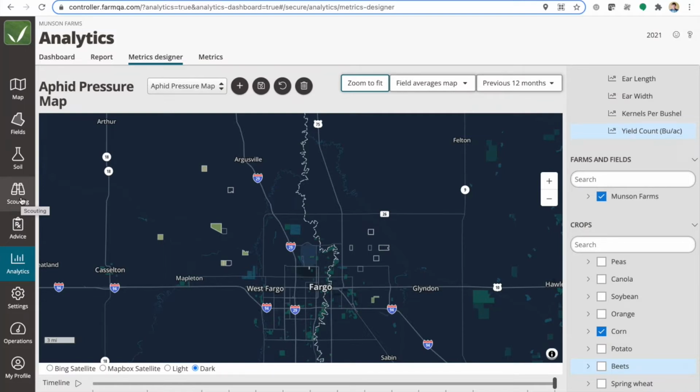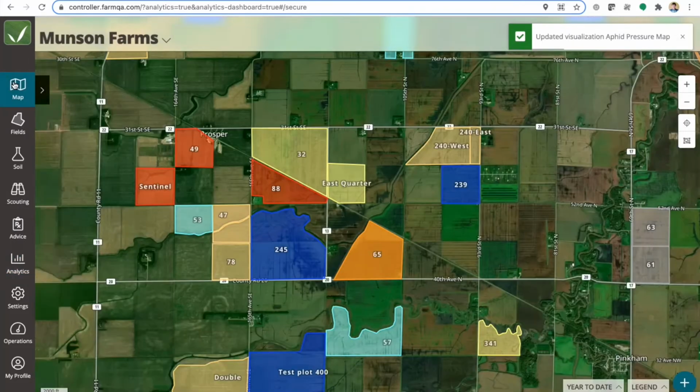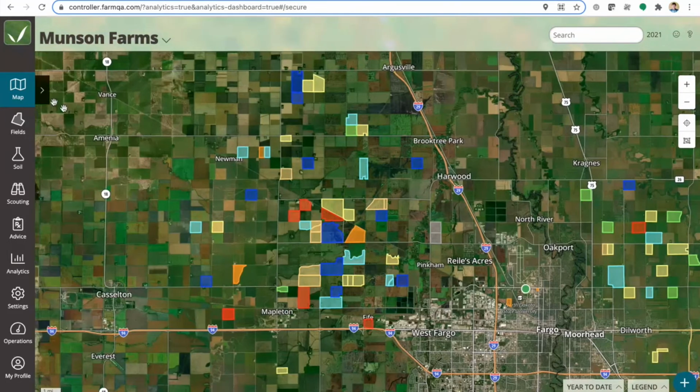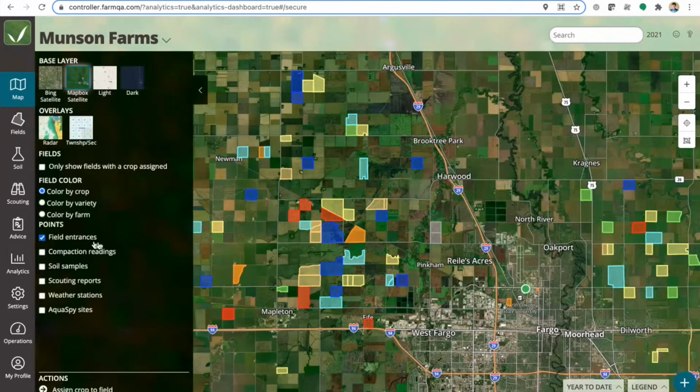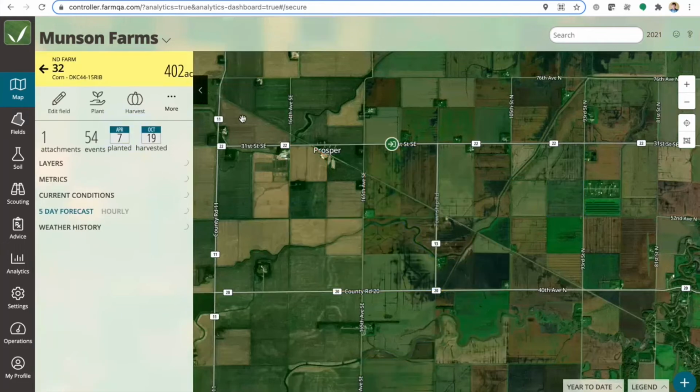Continuing on, I want to shift over. We want to talk about navigation. So this is a feature where, again, it's a smaller feature in the grand scheme of what FarmQA offers, but there is a significant value from a customer base in this function. So what I mean by this is it's really twofold. One is that we can set field entrances per field, and then what we can do from there is we